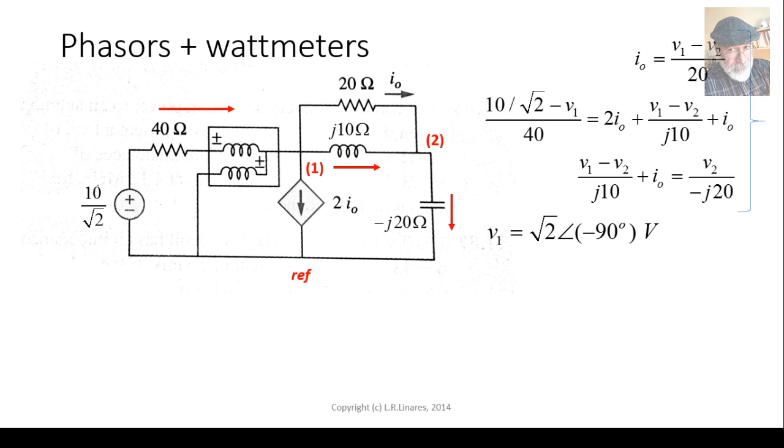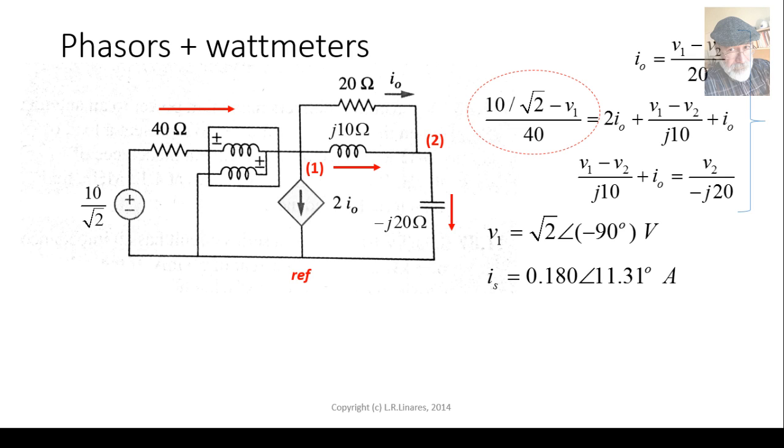We solve them, and we get that V1 is root 2 with negative 90 degrees. Those are volts. Okay, so we have that voltage there, which is the voltage seen by the wattmeter. We only need the current that goes through the wattmeter now. That current happens to be given by this computation: 10 over root 2 minus V1 over 40, and now we know V1. We can compute that current as